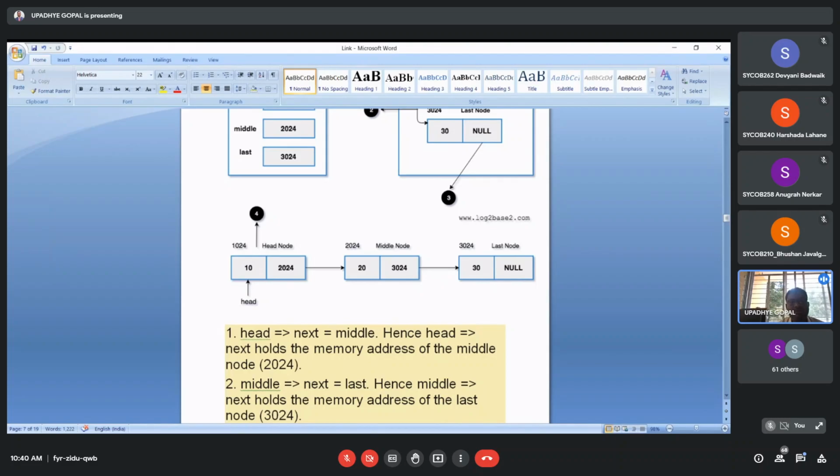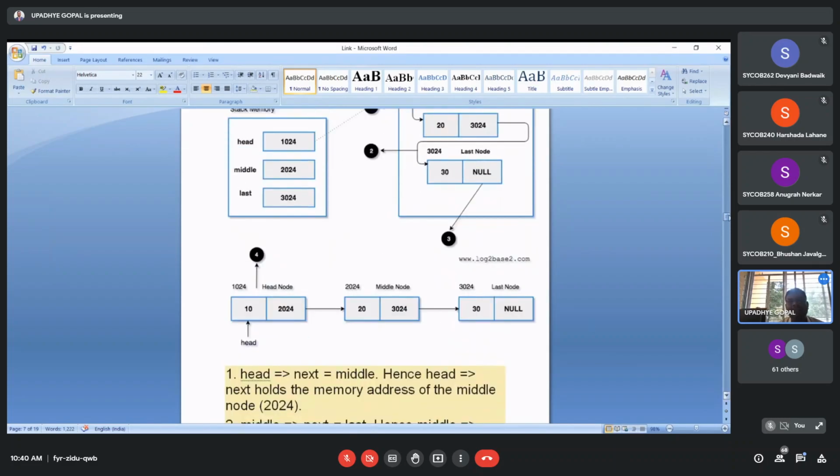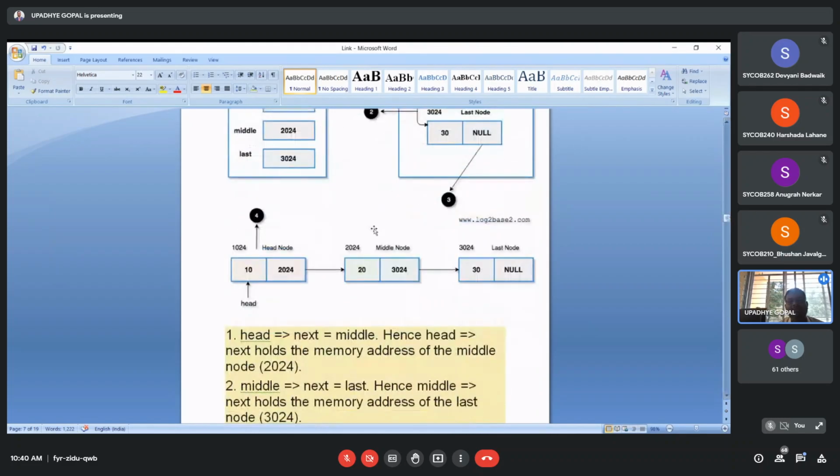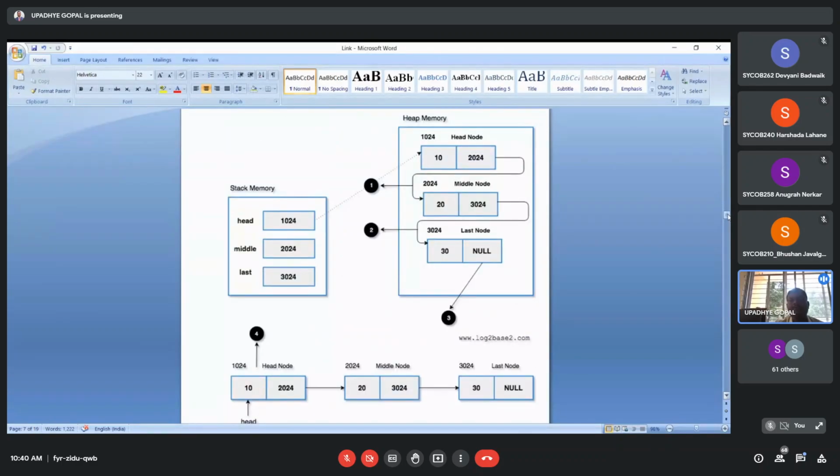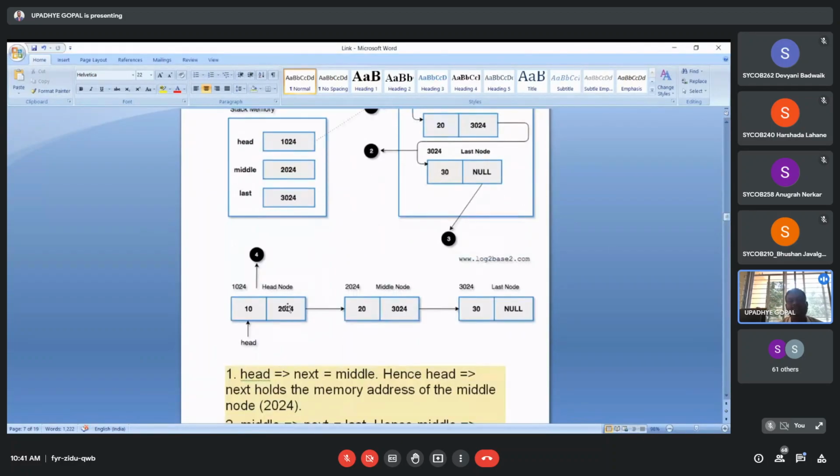Okay, so you can visualize it either like this or like this. We can visualize it horizontally as well as vertically, no issue. With the vertical representation, the pointer representation is there. The same thing is represented with the horizontal representation, where each node is holding two parts: one is data and the other is a memory reference to the next node.